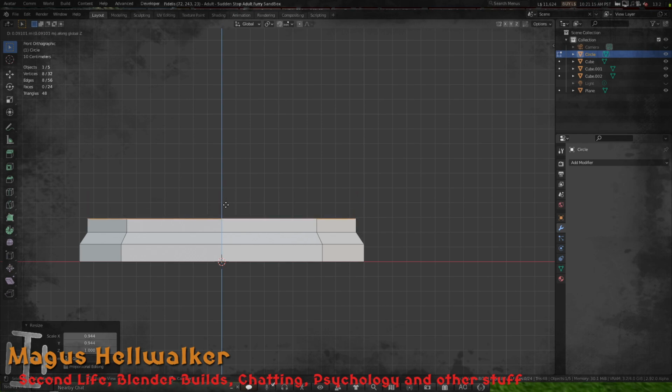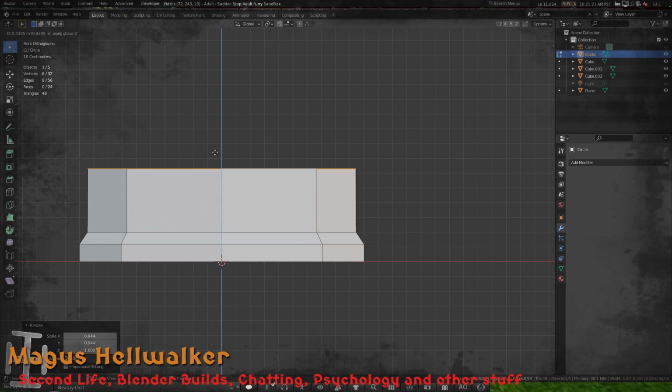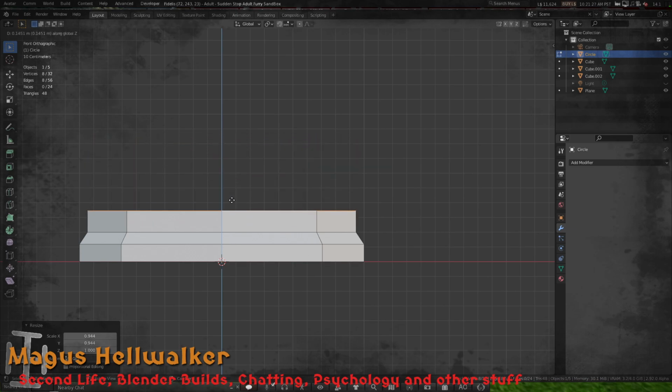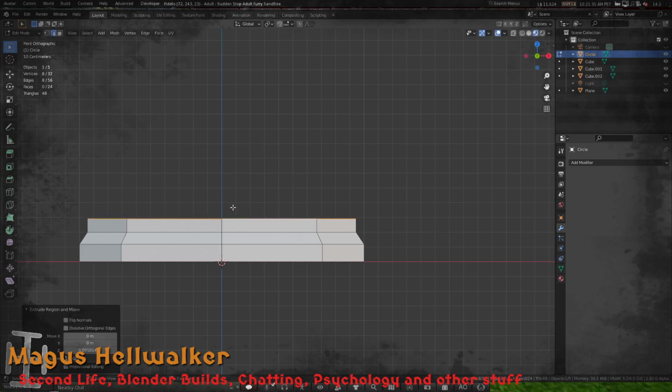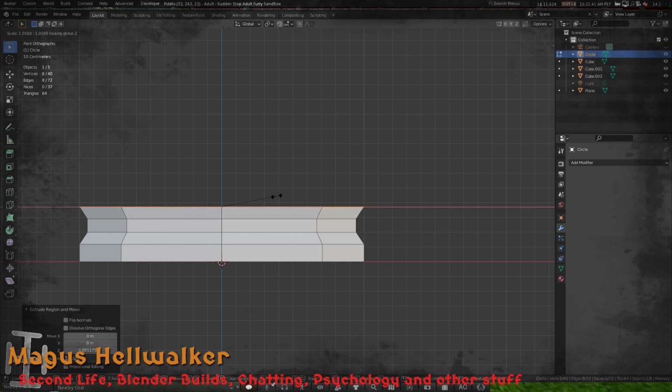I do wish this would stop. I do find this with 2.92 is that it doesn't seem to extrude along a path without you having to press the key twice. Now I don't know whether that's a bug or a feature. Don't get that in 2.91, so I do find it kind of irritating. So anyway, all I'm doing at the moment is just literally creating